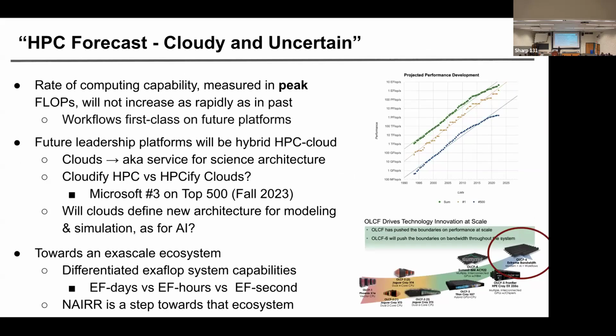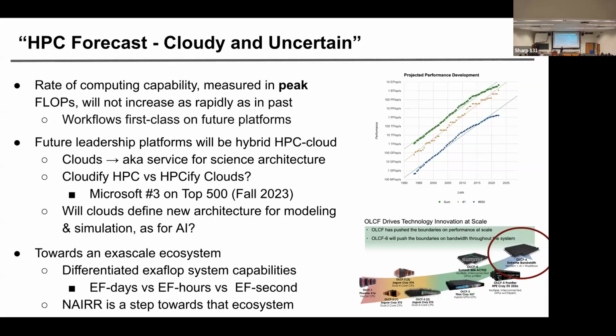So very quickly again, there's a bit of a rehash, but just trying to put all of this together, more for context. We've talked about the fact that the peak capabilities of supercomputers are unlikely to continue to grow. But an also important trend, and this is the real part of the slide, is that